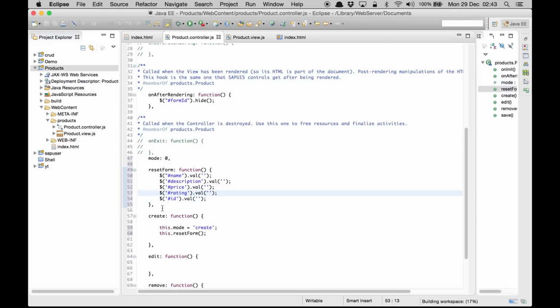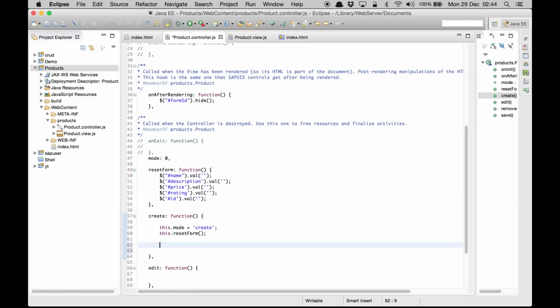Right, so we reset the form, and after that we are going to display the form with the animation. In the previous demo I showed you how to do that. We access the form by the form ID, and we slide down and we give a small timing of, let's say, 100 milliseconds function. 100 milliseconds is very low, we are going to make it 300. So after the form is visible,